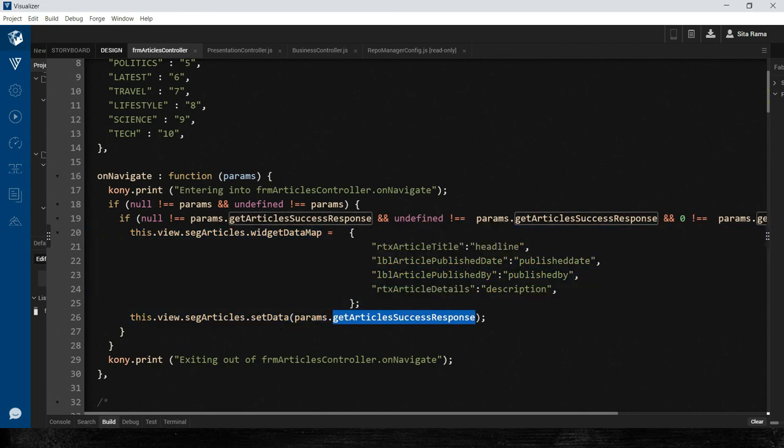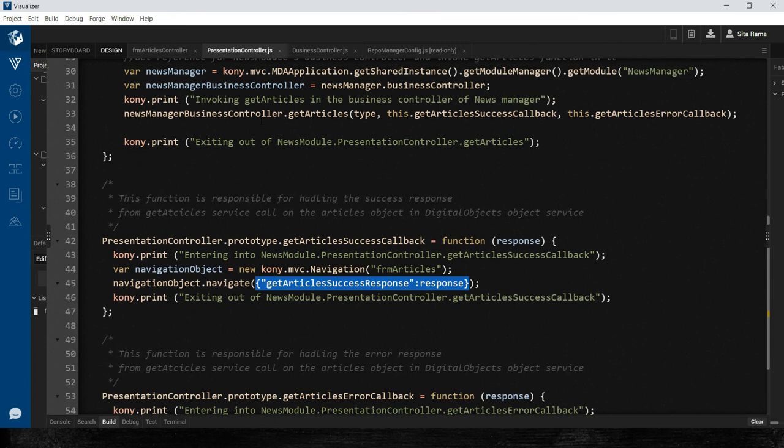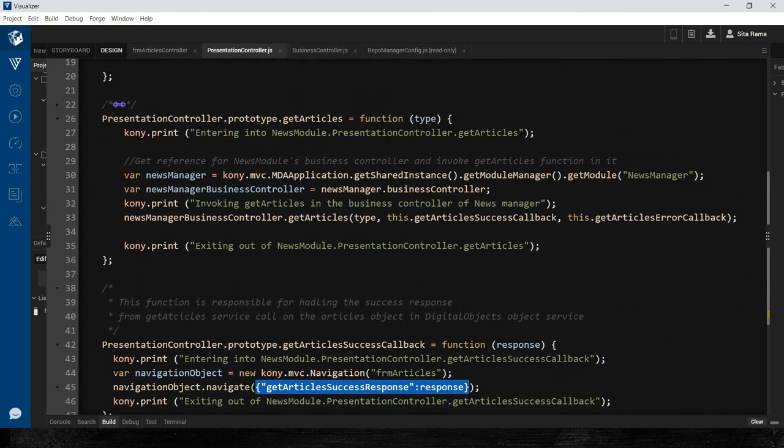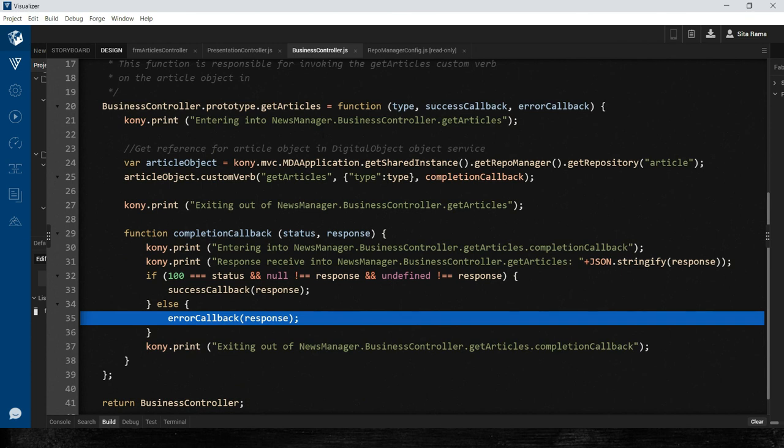In this case, we are setting that response to the segment widget which is there on the form. So using these two lines of code, we are able to display the response that we got from the backend service into the segment widget that we have on FRM articles. So this is the implementation that we have done as part of the presentation controller and business controller present inside this project.